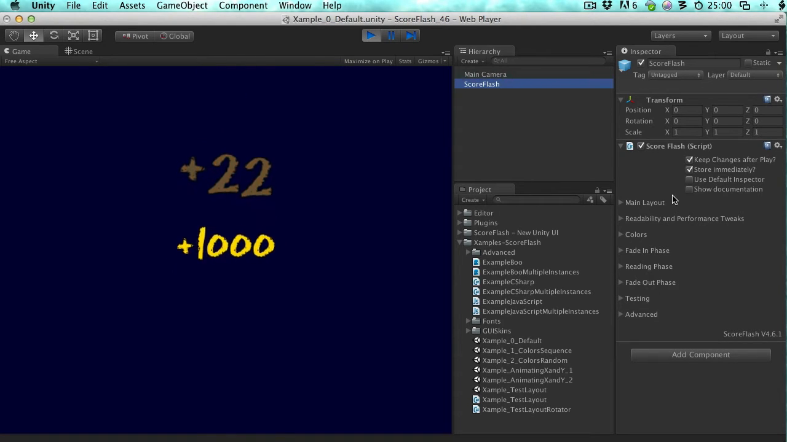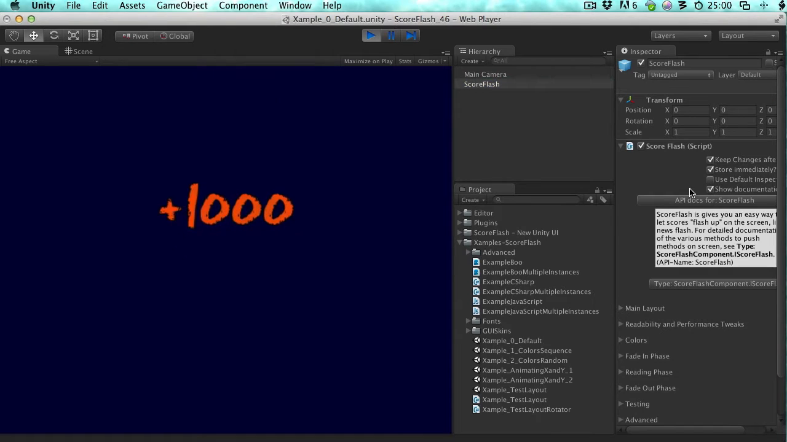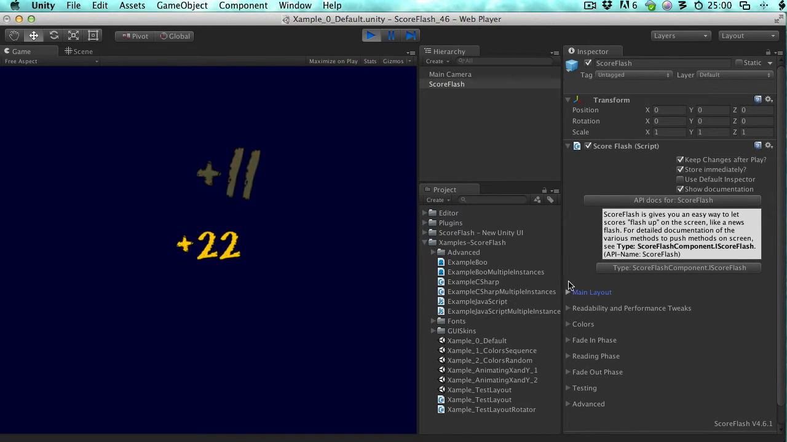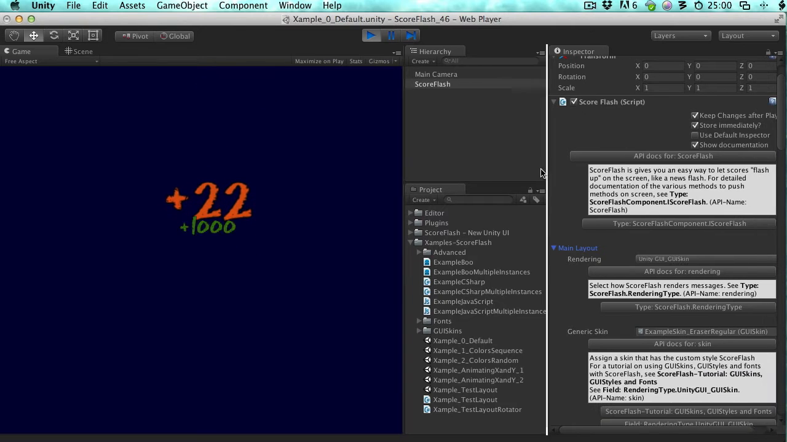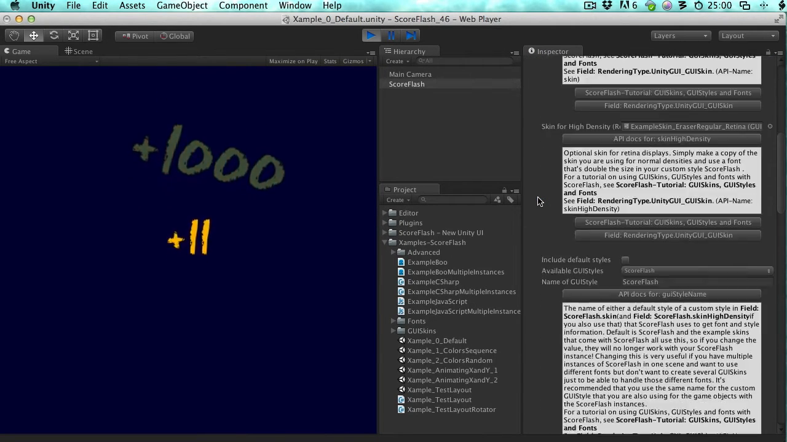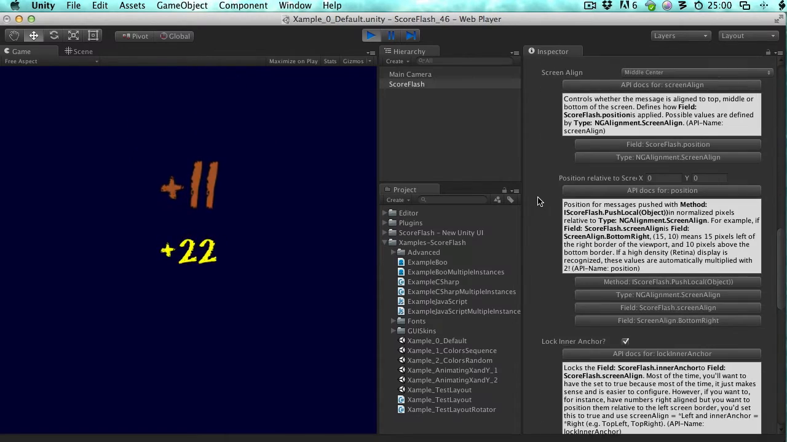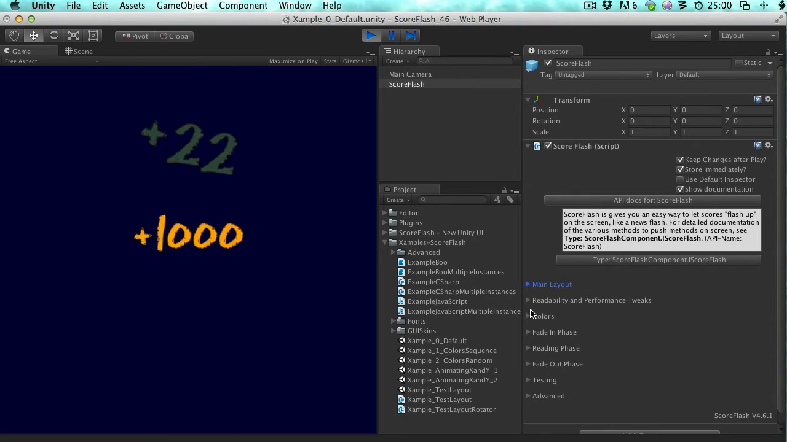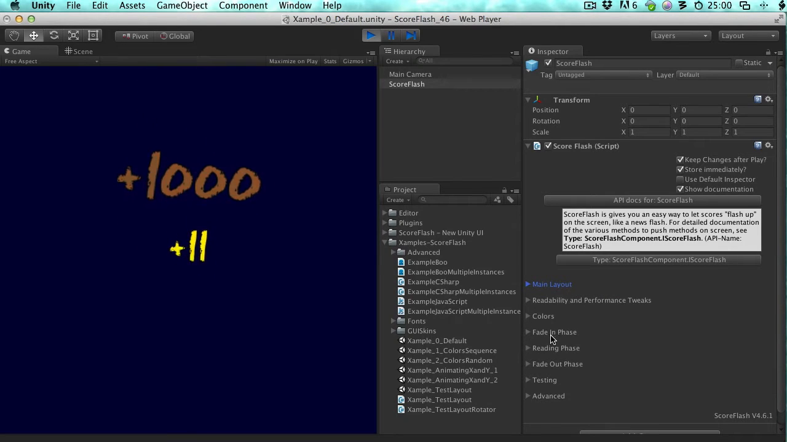of ScoreFlash. And one thing I want to point you to is show documentation. What this does is for each and every single setting and property that ScoreFlash has, this gives you all the details about this setting. So that really is a nice way to learn ScoreFlash. And you can really play around with this, with the fade in phase, reading phase, fade out phase. That's kind of like the core